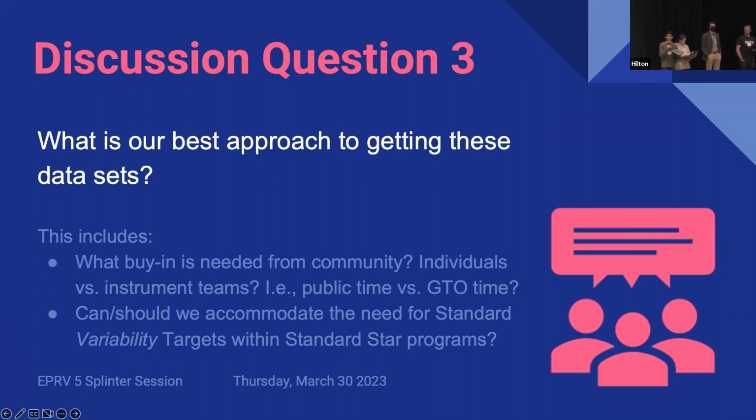Yep, go ahead. Yeah, so I'll be brief for the sake of coffee time, but I will say we also came to the same conclusions. There's a very strong consensus in our group that what we need is the data to be public quickly. It has to be high cadence and it has to be over long baselines, all of which are things that make it die in the TAC. So if we want this science to happen, this has to be at a higher level with some guaranteed funding and time. Yep. Okay. Thank you very much, everyone.